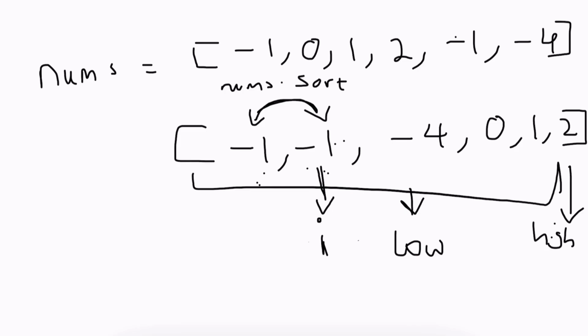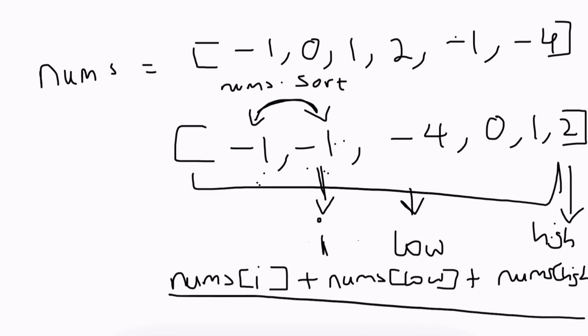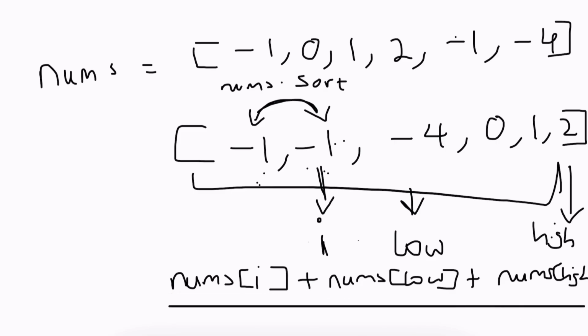So I'm going to say nums[i] plus nums[low] plus nums[high]. And what I'm trying to find is a situation where the target sum, which is the triplets, right, is going to be equal to 0. Now, I test this out, and then after I test it out,